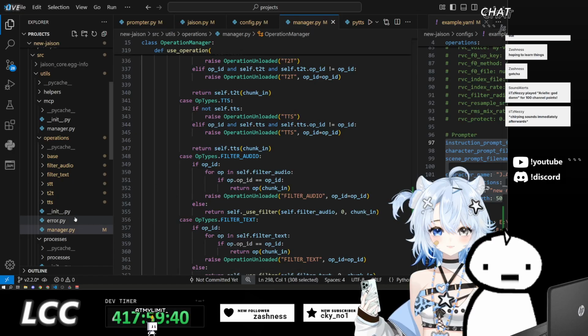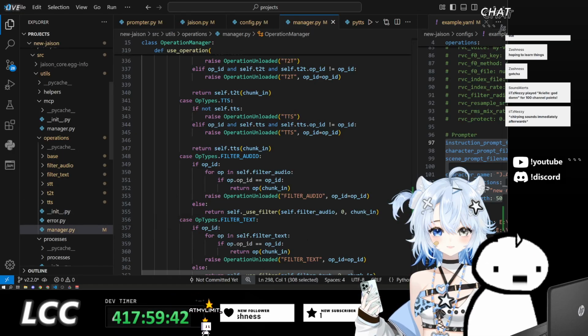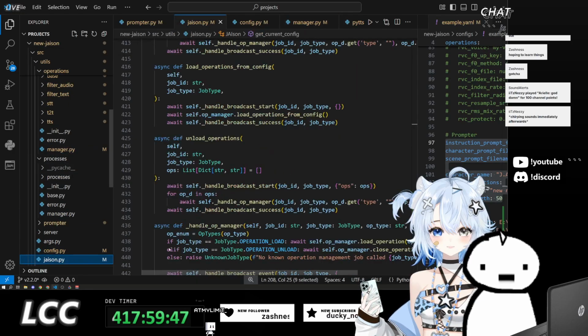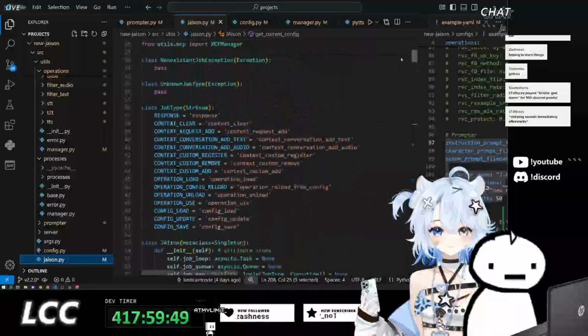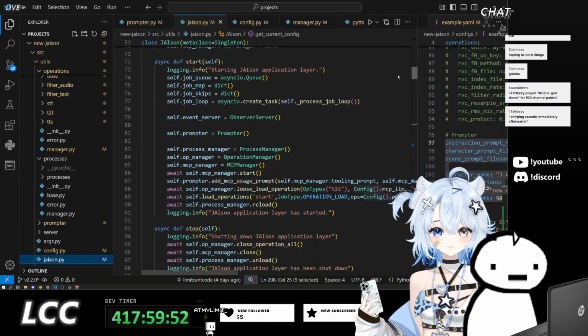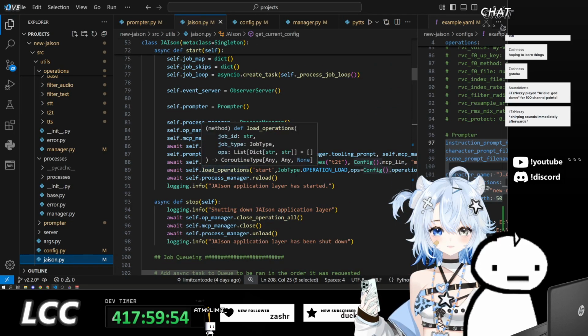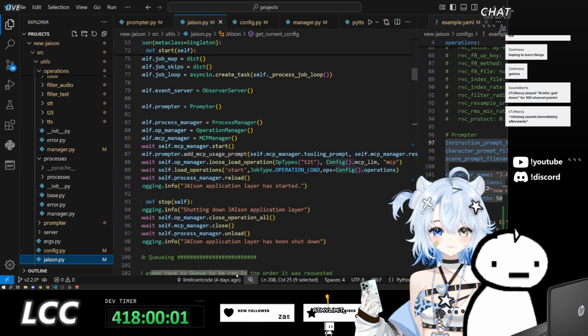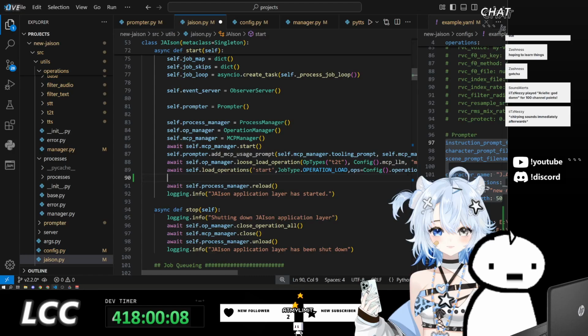So we can now pass up the configuration dictionaries up to the actual loaded operations. We need to make use of them within JEISON now. Where shall we do that? When we first load the operations, we load up the specific operations.